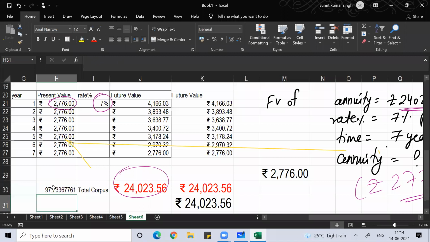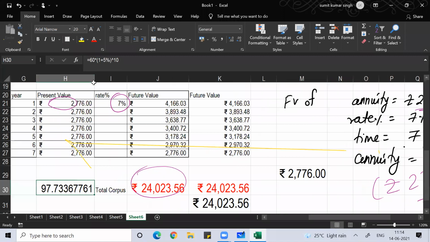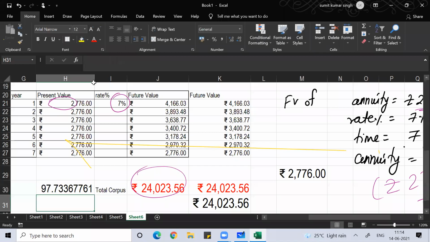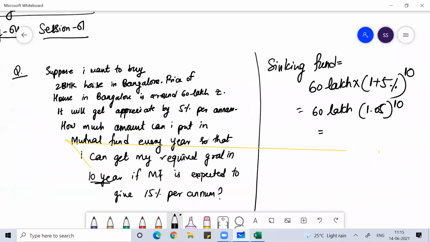If I simply calculate this, how much is this coming? This is coming around 97.73 lakh something.